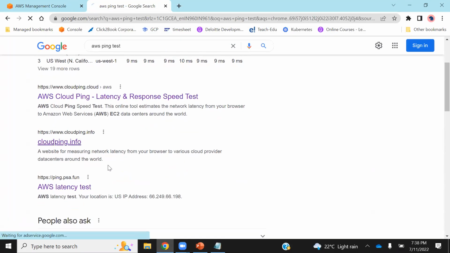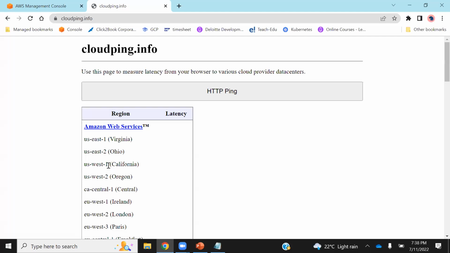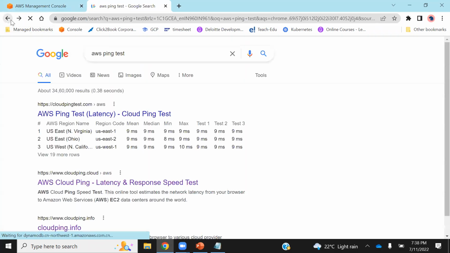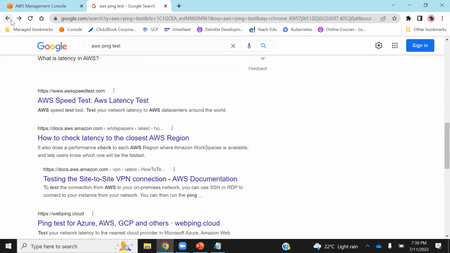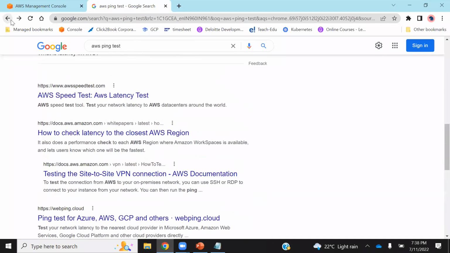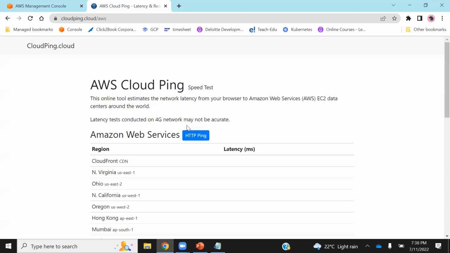And I will try to see something which is very close to me. So wait a second, I will just do a latency test. Latency test is if I am connecting to a server, how much time it will take for me to get the response back. Give me 1 second. So let me just do a ping test and check.